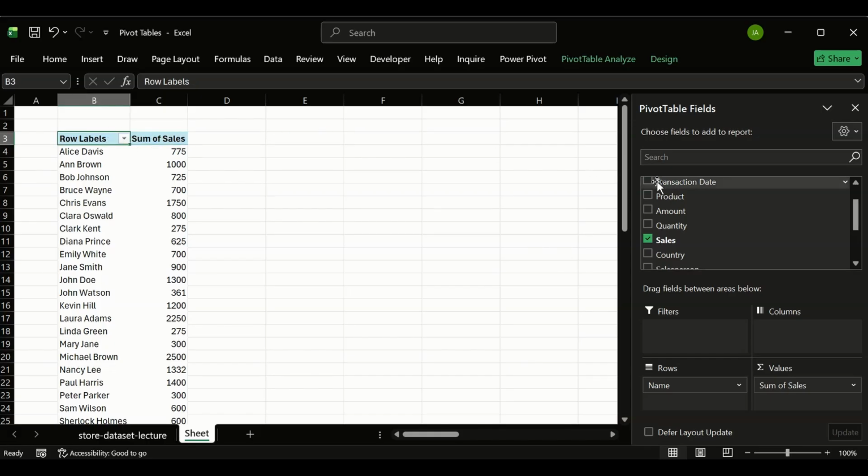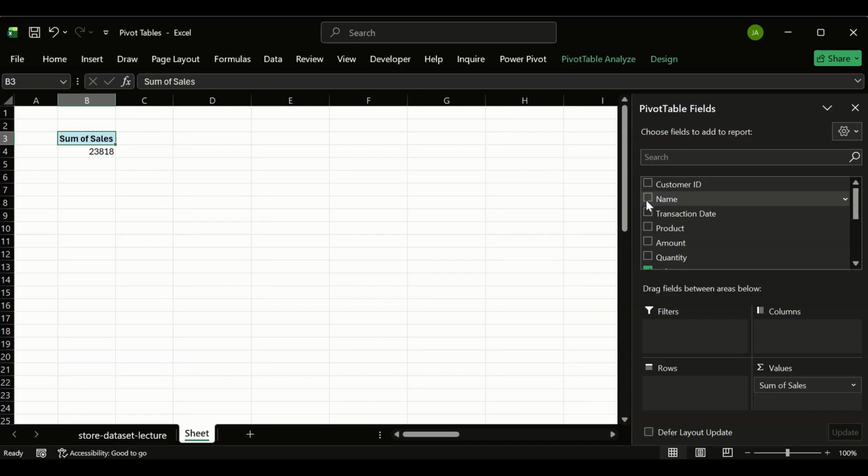issues that come with pivot tables, just a few things to mention. But before that, we might want to rename this. Instead of just saying row labels, we'll probably want to rename it to say customer and then sum of sales. But in this case, we are not using this data. We don't want to see our customers and the amounts they spent with us so far, except maybe later we might want to see the top 3, top 5, top something. But for now, we don't want to see any of them. So how do we do it? I'll just completely take out